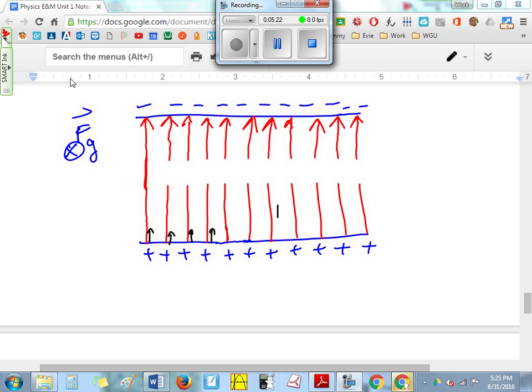Just like non-massive objects have no effect from gravity, like gravity doesn't affect them, in the same way, non-charged objects just don't feel electric fields. They just don't experience it. Okay,